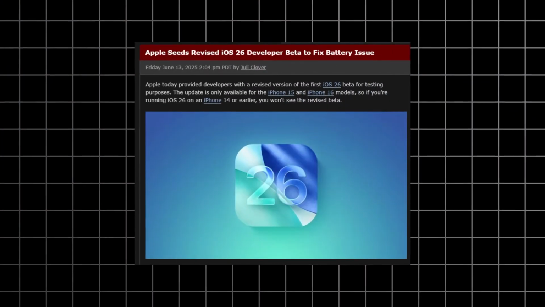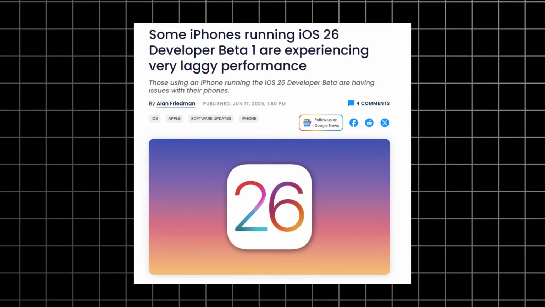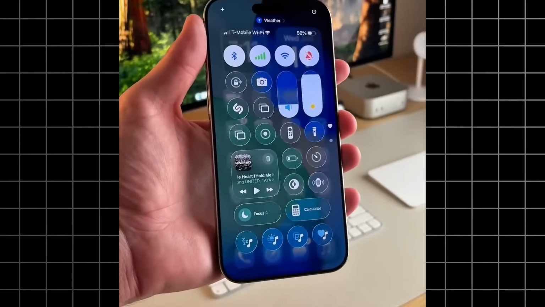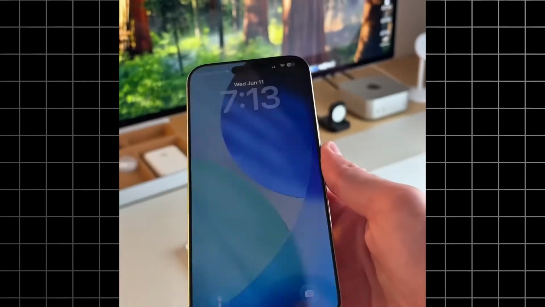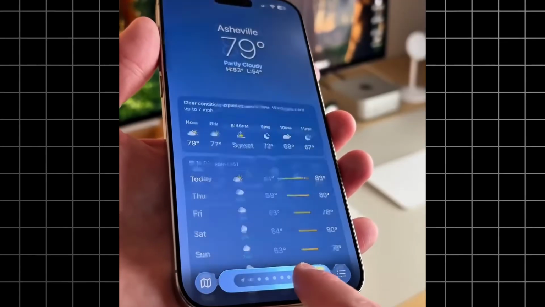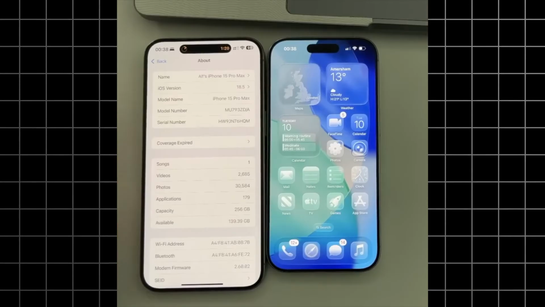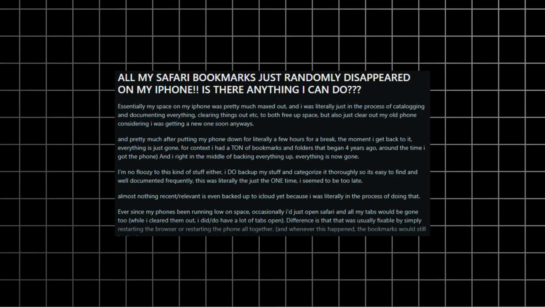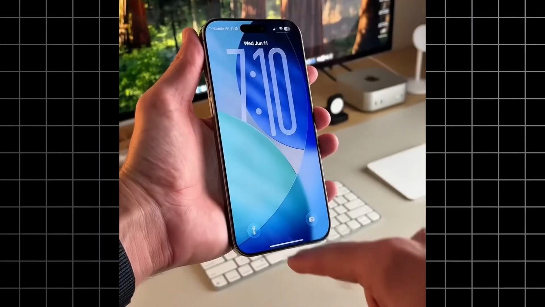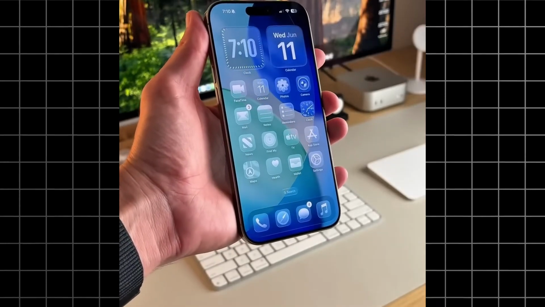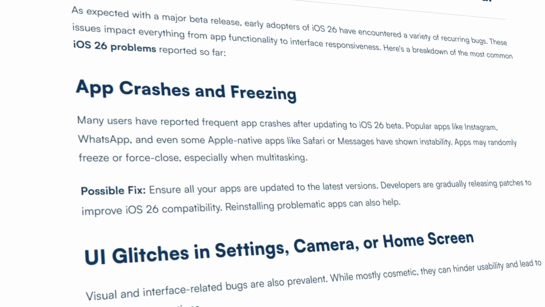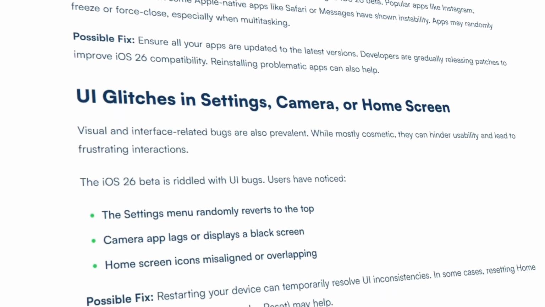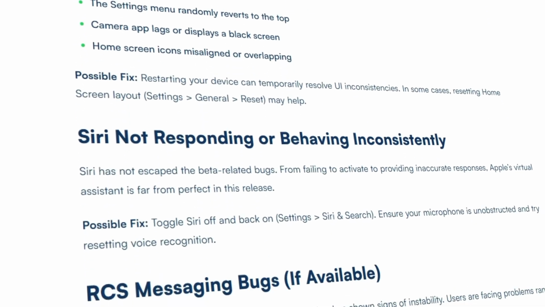But here's where it gets really messy. The developer beta that came out, people are reporting that Control Center is basically unusable because the glass transparency makes everything blend together. Text is hard to read over busy backgrounds. The Settings app has weird spacing issues. Safari bookmarks are just disappearing. There's this whole list of bugs that reads like a greatest hits of things you definitely don't want in a shipping operating system. Apps crashing left and right, personal hotspot not working, CarPlay connection problems, and my personal favorite,